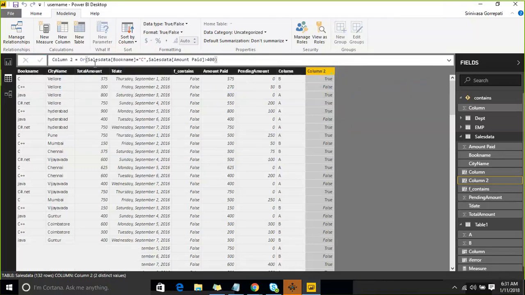Similarly, OR is going to verify whether at least one condition is true. If at least one condition is true, it is going to return a true. So that is what OR does. Whenever you are working with two expressions, we are going to use AND or OR. The next one is